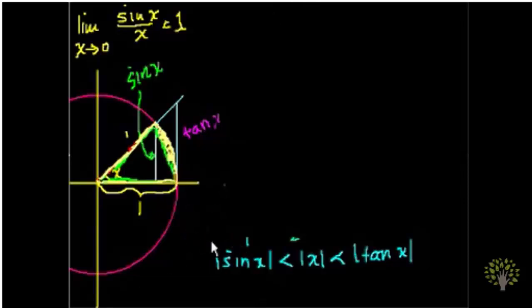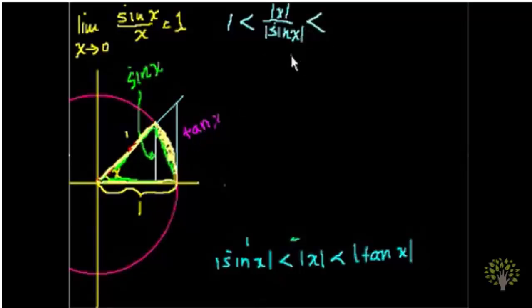Okay. So let's take that expression and divide all of the sides. It has 3 sides, left, middle, and right. Let's divide them all by the absolute value of sine of x. And since we know that the absolute value of sine of x is a positive number, we know that these less than signs don't change, right? So the absolute value of the sine of x divided by the absolute value of the sine of x, well, that equals 1, which is less than the absolute value of x divided by the absolute value of sine of x,